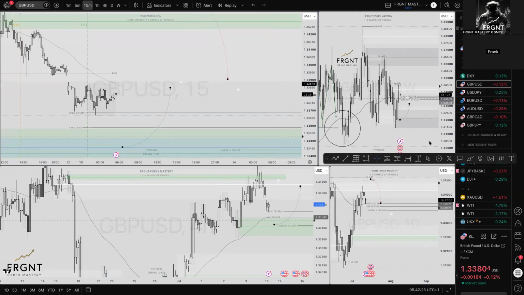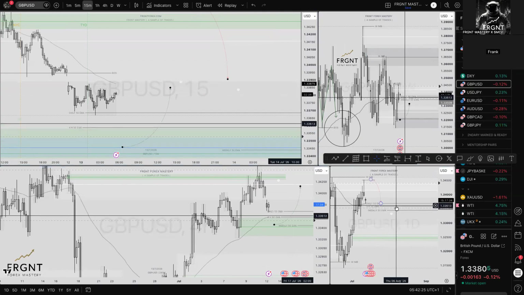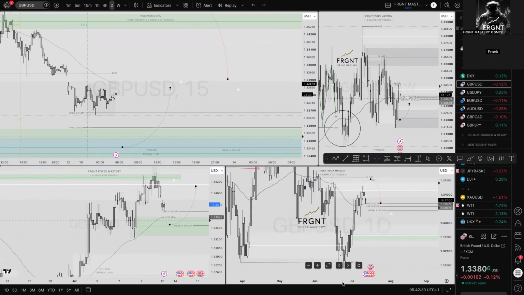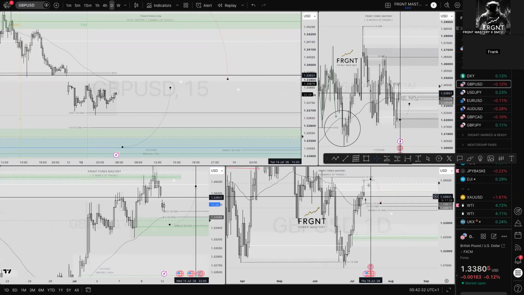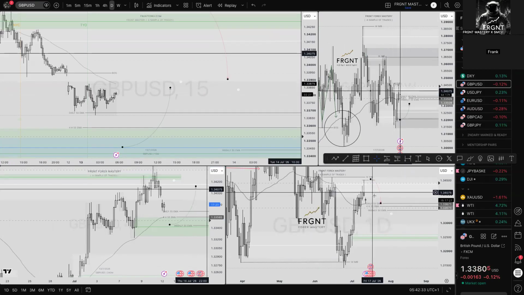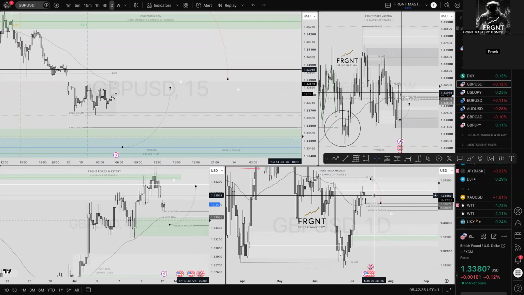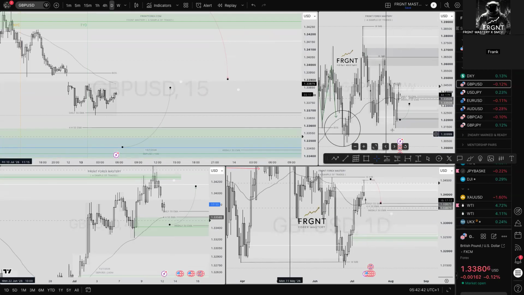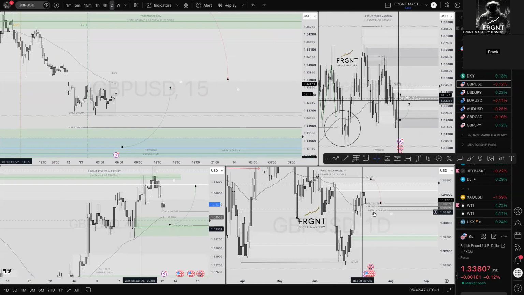So GBP US dollar, we'll start from the daily time frame. Looks good. So daily time frame. Why do I like it? Well, daily order block, looking to refine that area down. Where are we? We're towards the lows now. Do I have enough range? Yeah, we can talk about the long position. I like the long position a little bit. I'd much prefer to take a short from these highs, but it is what it is. We're not there at the moment.